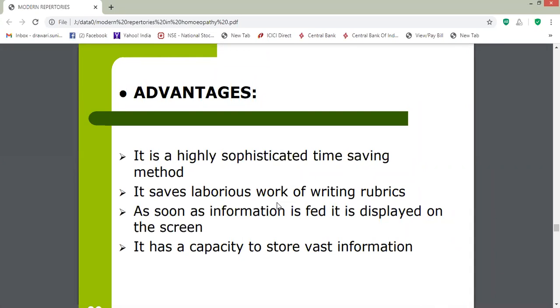Then systems with artificial intelligence. These are advanced systems which aim to do anything which man does with understanding and common sense, which, as we know, a machine does not possess. It thus